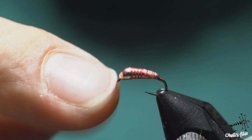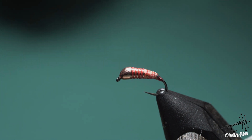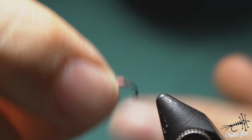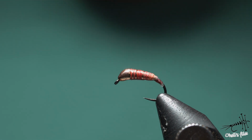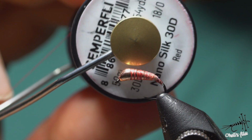So this is it. Leave it aside to get dry, because even super glue needs some time to get dry. And obviously if you make one and then finish the fly, another one, finish the fly, it just doesn't make sense. You need it dry. Make as many of these bodies before tying actual flies, because it will be easier for you later on to tie these flies. I'll use Semperfli Nano Silk